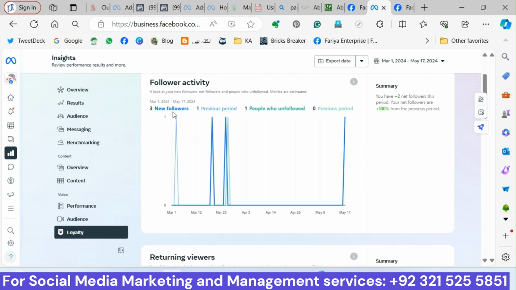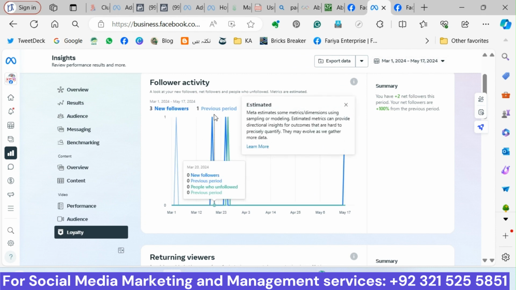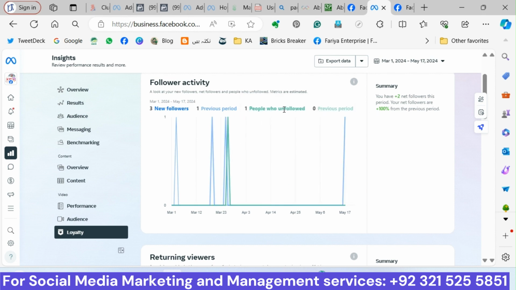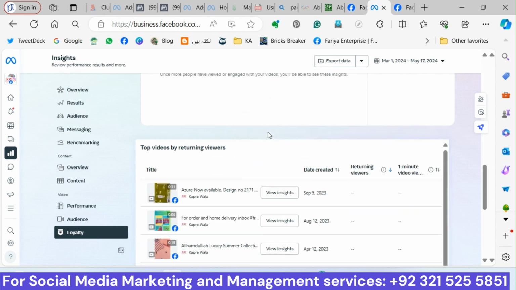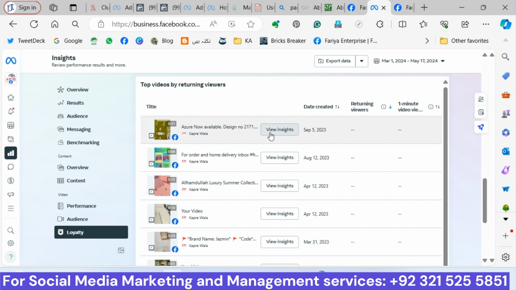Three followers in the previous month. In the selected period of time, I got 3 new followers, and one follower was from the previous period, and one person unfollowed me as well. So you can check the loyalty of your customers here, how they are interacting with your page.